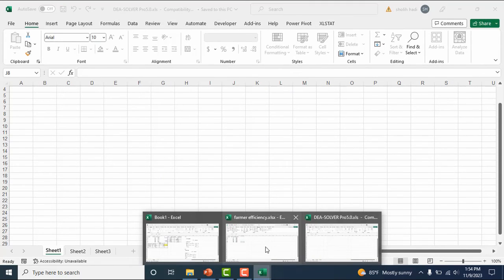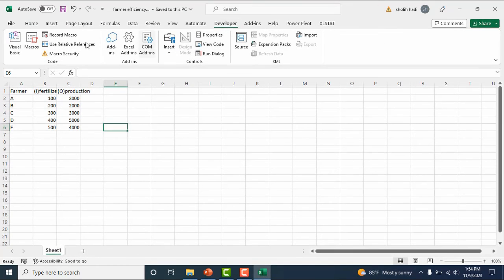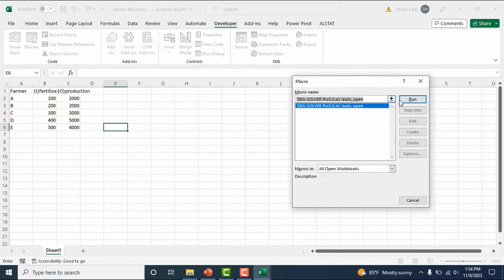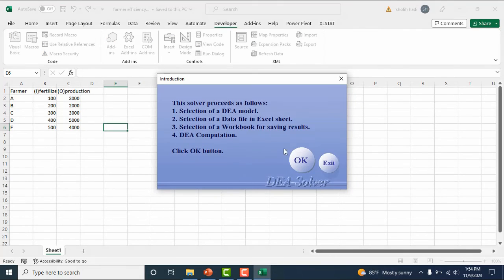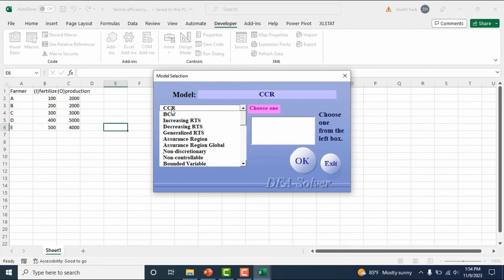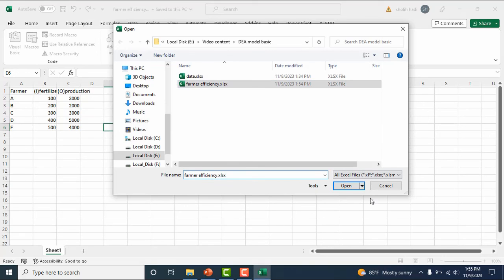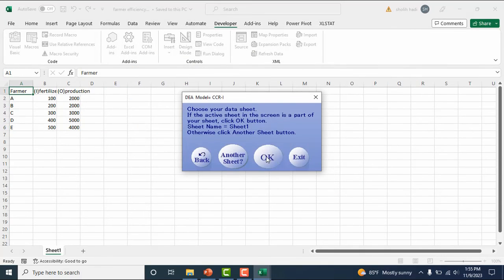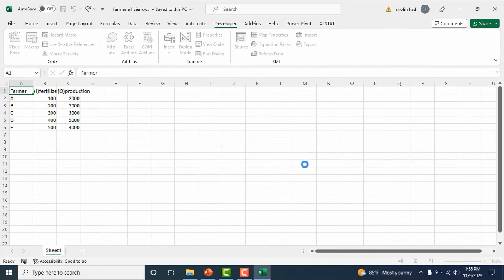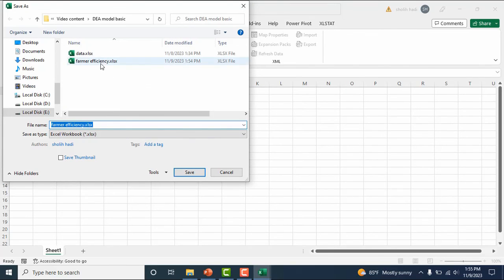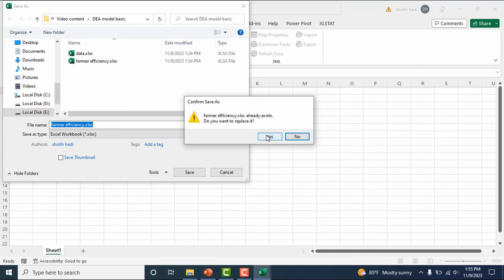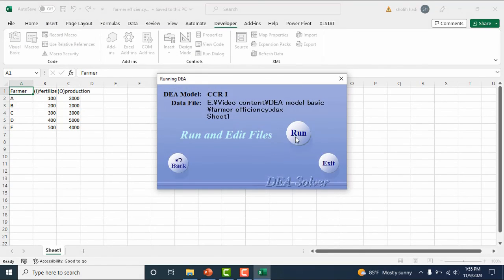We go to Data and then Developer, Macro, Run, click here, okay. We choose the model CCR, input oriented, okay, okay. Farmer efficiency, okay, okay, okay. Then save, replace yes, and run.